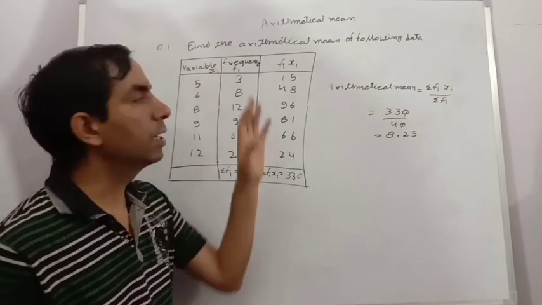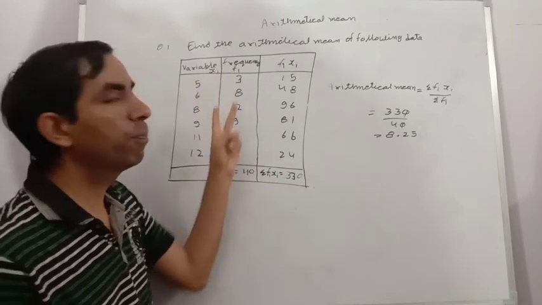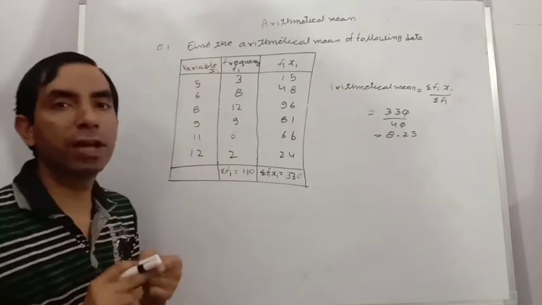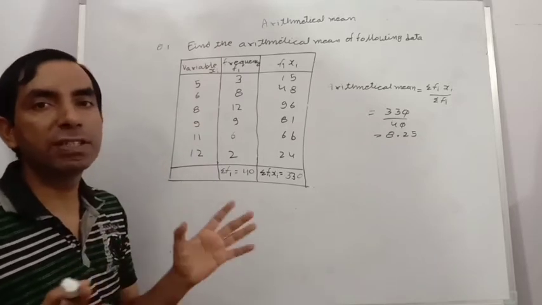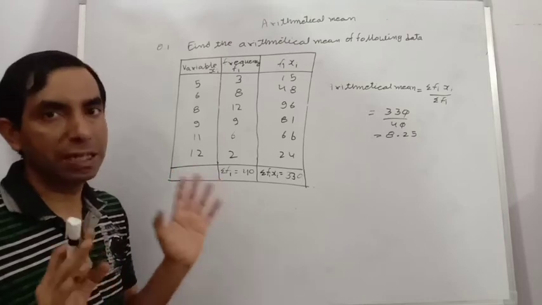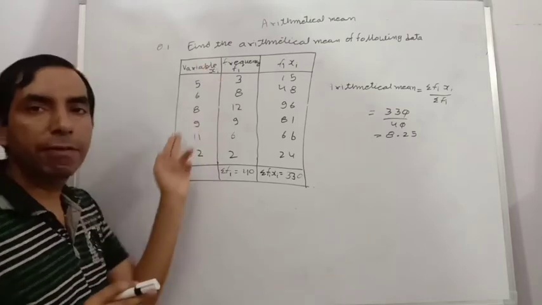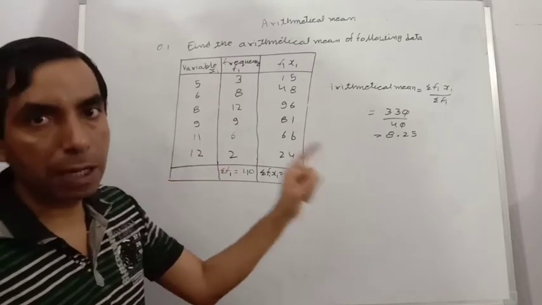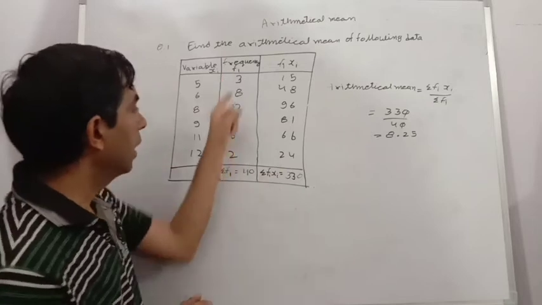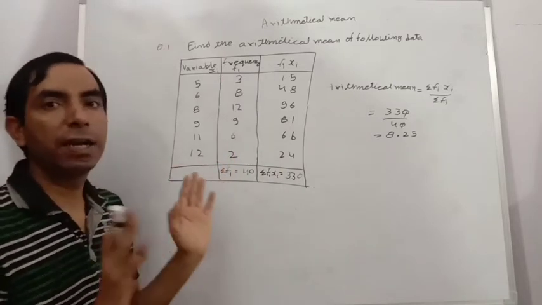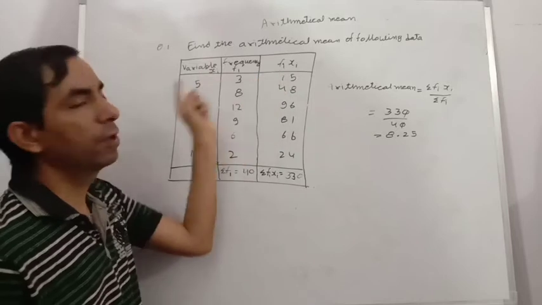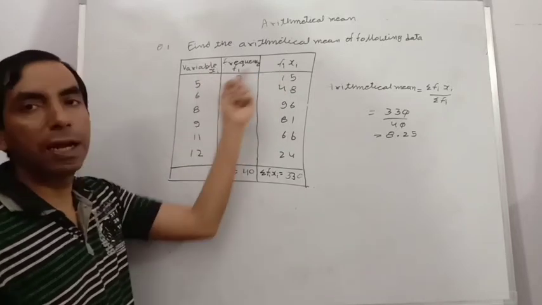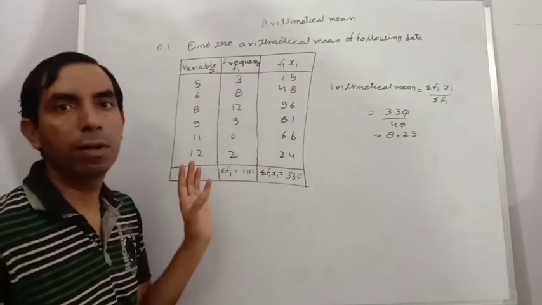Again, I am repeating that this is the arithmetical mean in an ungrouped frequency table, ungrouped because in the first part we have given only one number. That is called an ungrouped frequency table. Here we have given x and f. Then the formula is summation of fx upon summation of f. Summation of f we find after adding the frequencies. For fx, we first multiply the frequency by x, meaning fx, and write it in the fx row.